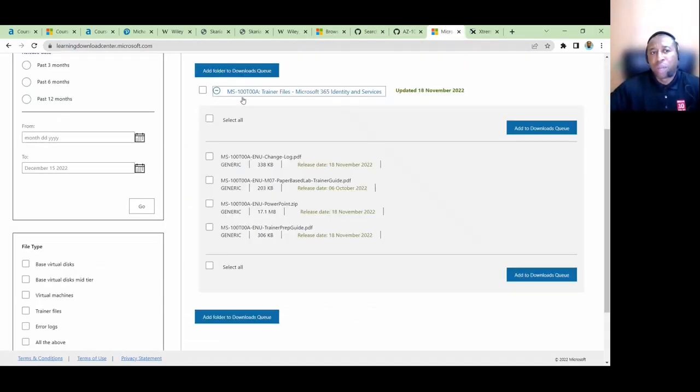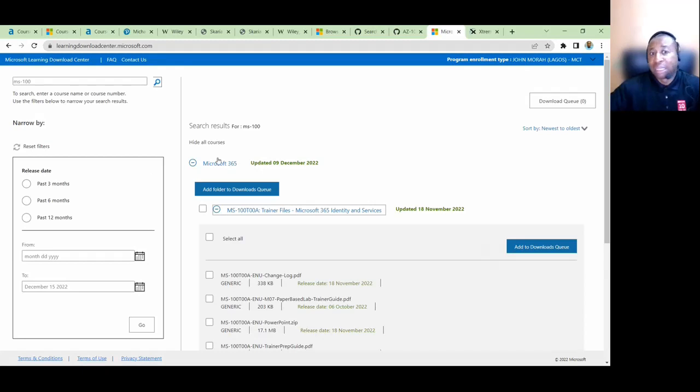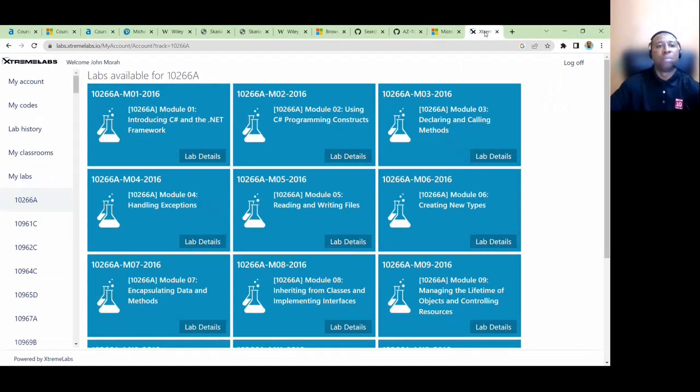Now I think we've also looked at the Learning Download Center strictly for MCTs. Then there's XtremeLabs, which is organizing this section. You can also get labs you can use for your training. Interestingly, you can get labs for both cloud technologies and on-premises technology. Good enough, these lab hosters still keep the labs.